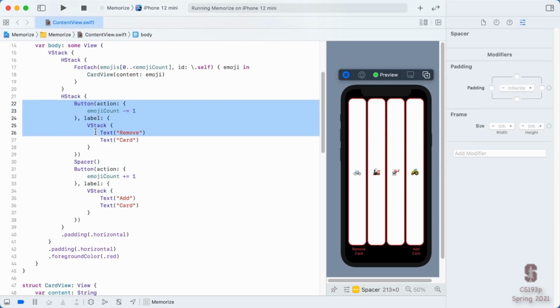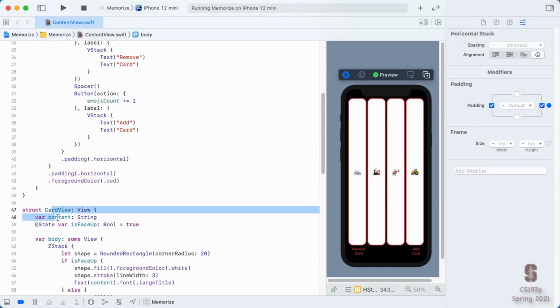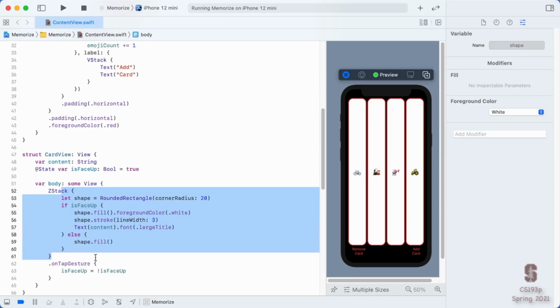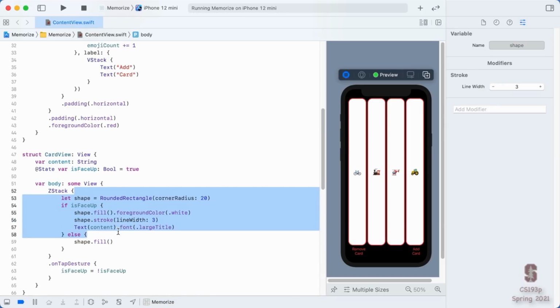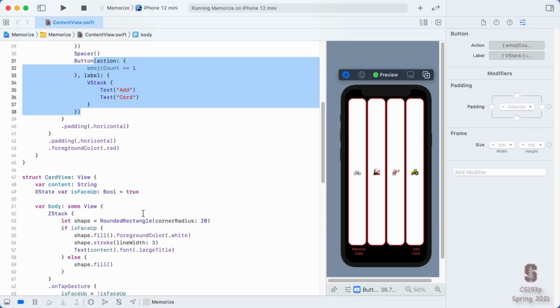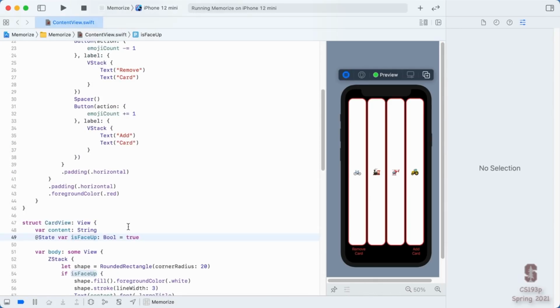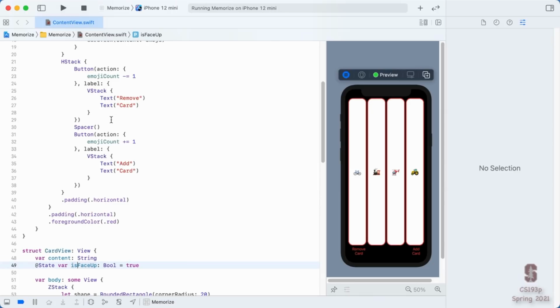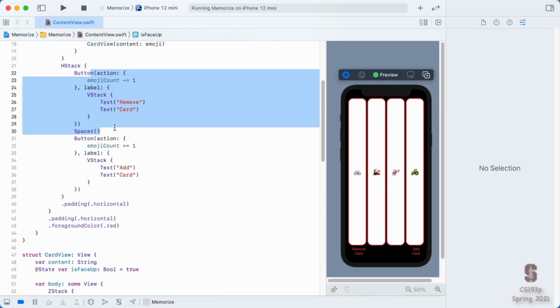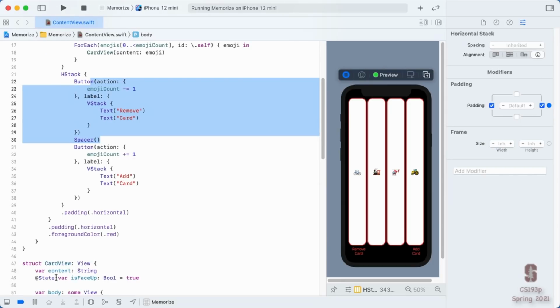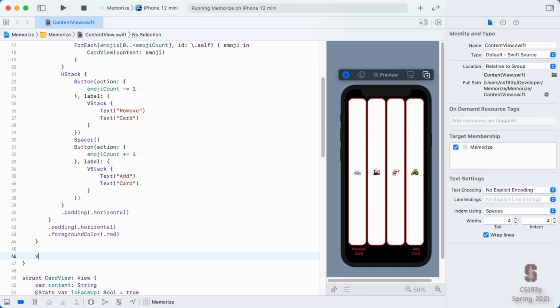And so we could turn this button here into a new struct, but it's a little bit overkill. When we created this card view struct, it made a lot of sense because first of all, it was more complicated. It had the Z stack with all this stuff in, whereas these buttons just have a single button. But second of all, it had all these bars and all these things to configure it, etc. And the buttons really don't have any of that. When you have something like this that's making the code really long and hard to understand, but you don't want to go so far as to make it its own Lego, another solution you can do is to create a var for it.